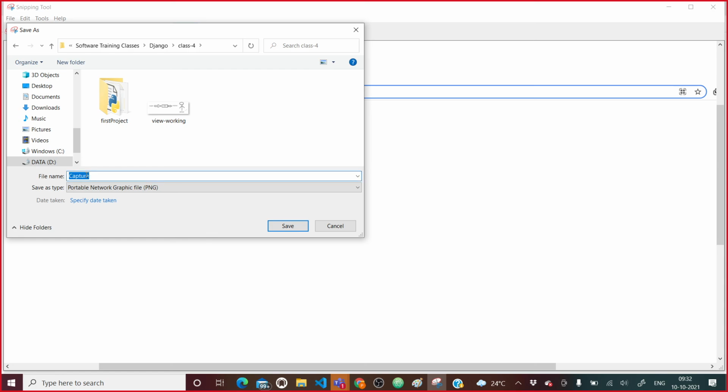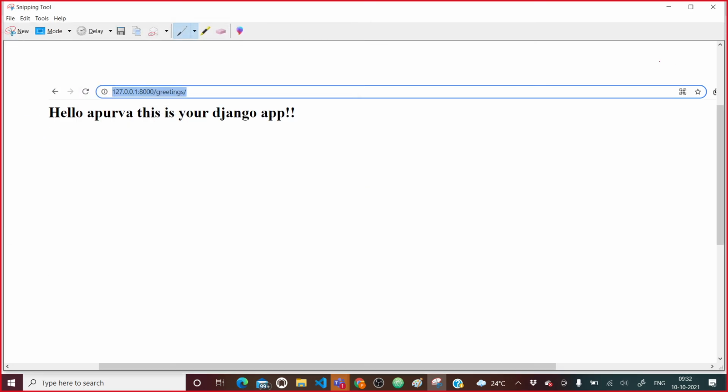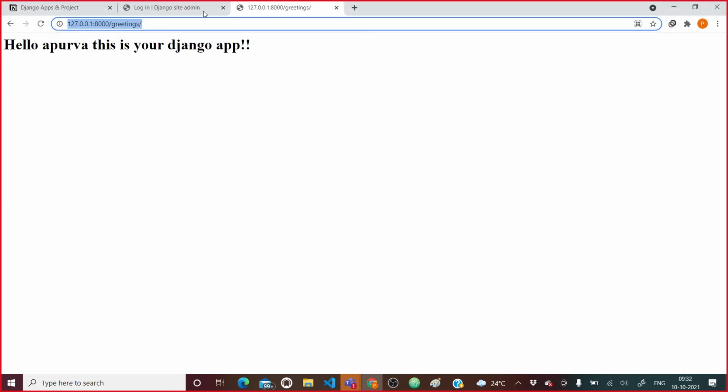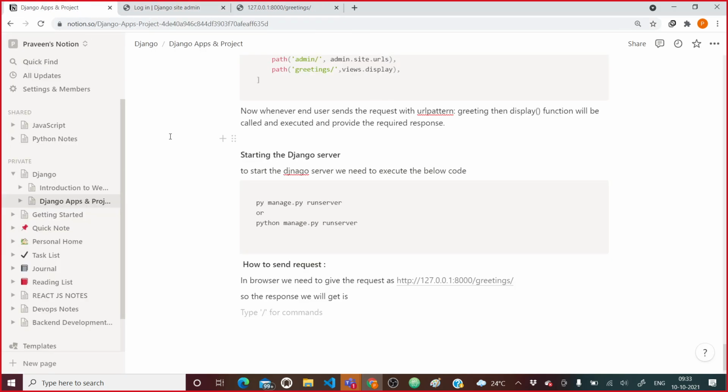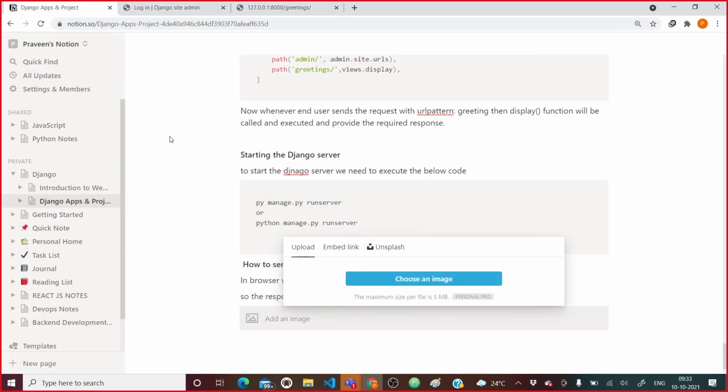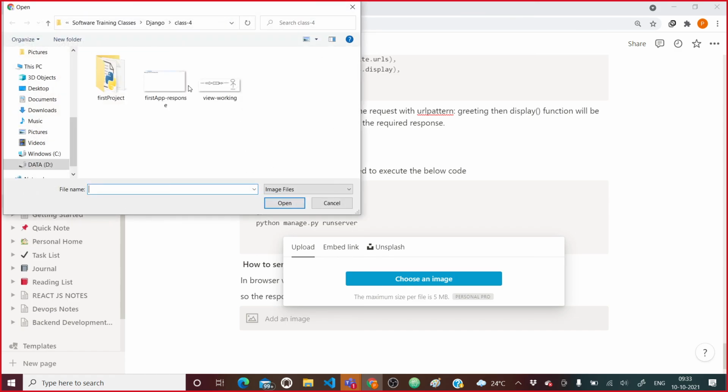First app response. After that, coming here, I will say image and choose this image.